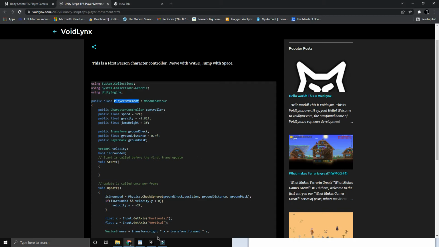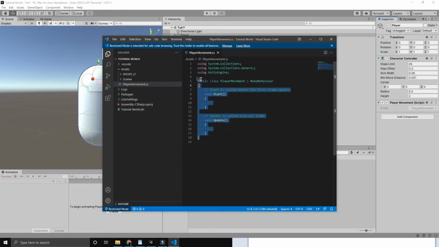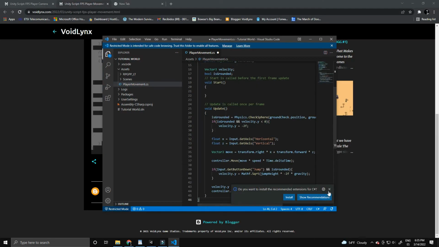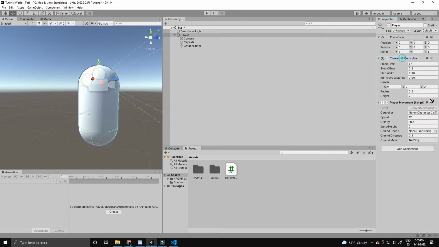Here we're creating it. You have to have the same name. If you don't, it's not gonna work, because the code is configured to have the same name as this. So yeah, just delete all of that, copy all of the code here, paste it in and save. So wait for it to load. Okay, and now